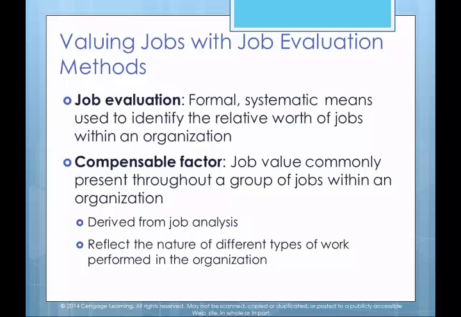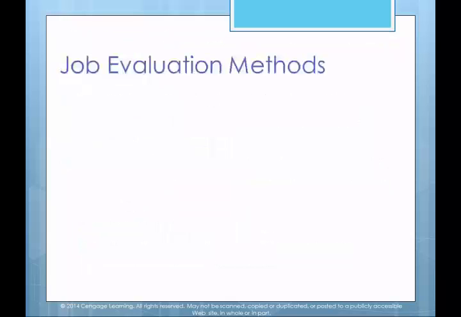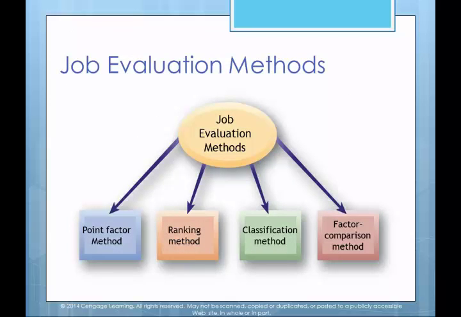So, first of all, you create the job analysis. And that job analysis is usually 15 to 20 page paper about the details of the job, and then a job evaluation is completed from that job analysis. And that gives the compensation specialist a lot of information about the different types of work performed in your company. Now there's four types